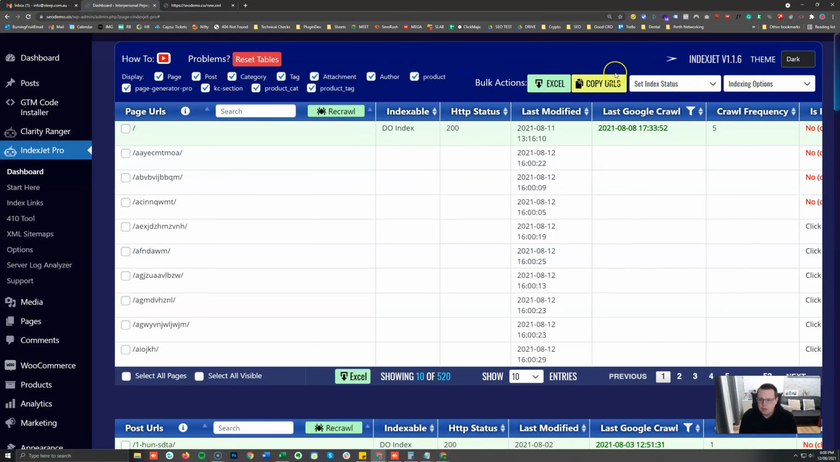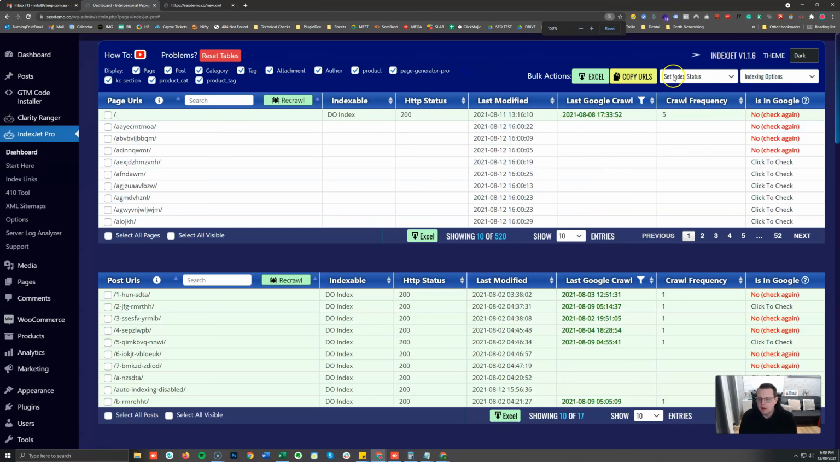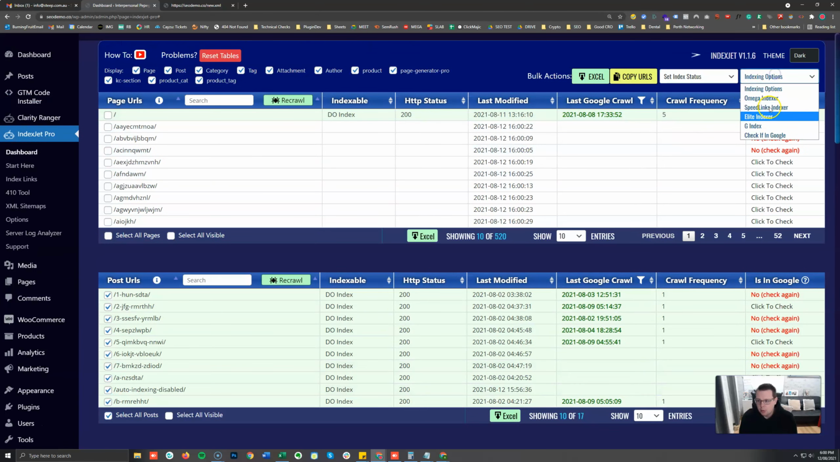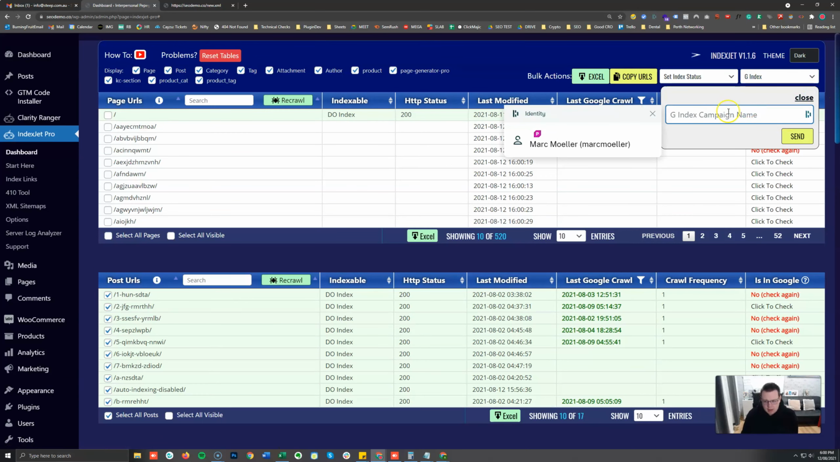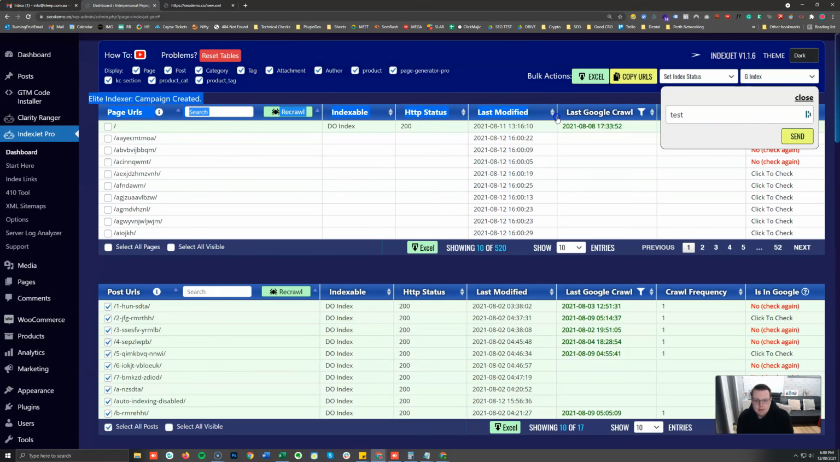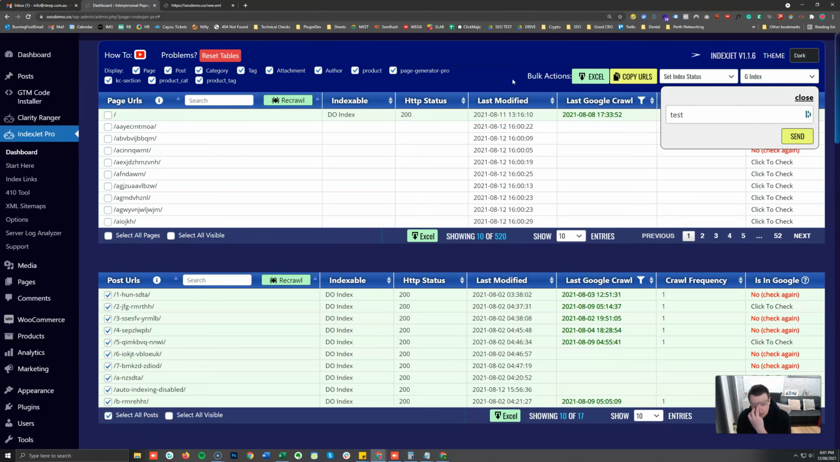Now to the most important features, you probably came here to find out how to index URLs, right? So you can select, let's say we want to index all of these blog post URLs. So we say select all posts. We select our indexing option. Let's say G-index, give the campaign a name, test in this case, and then hit send. And now we can see there's a confirmation Elite Indexer campaign created, and all of the blog posts